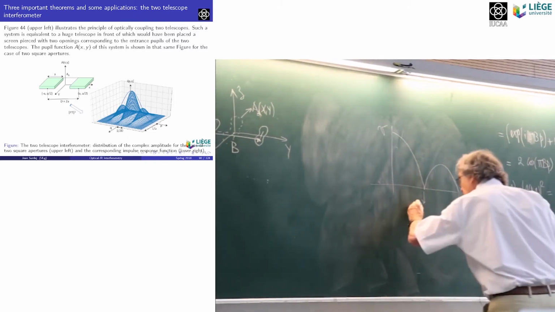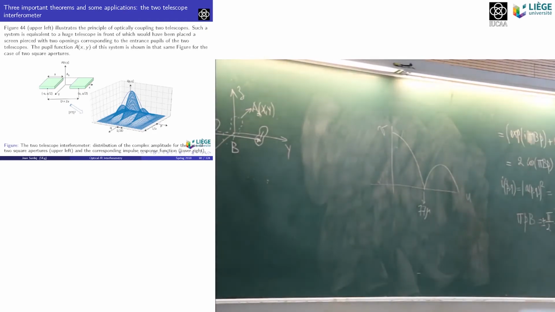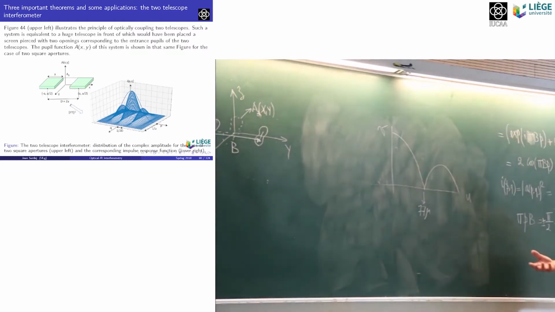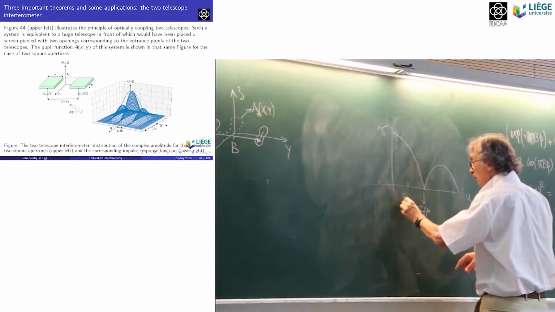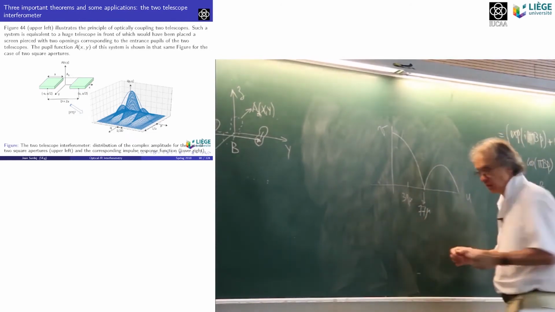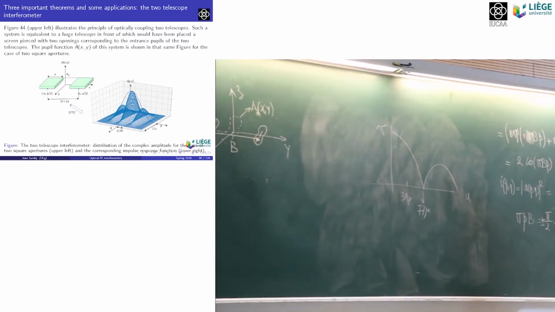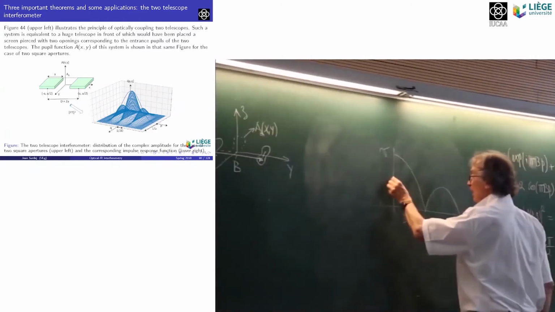It would happen for a 77 micron baseline in the case of the sun. Now, let's assume that I take half that value, so 39 micron. So I have an interferometer, 39 micron. I observe the sun, I see the fringes, I measure the visibility, and I find that, wow, I have a